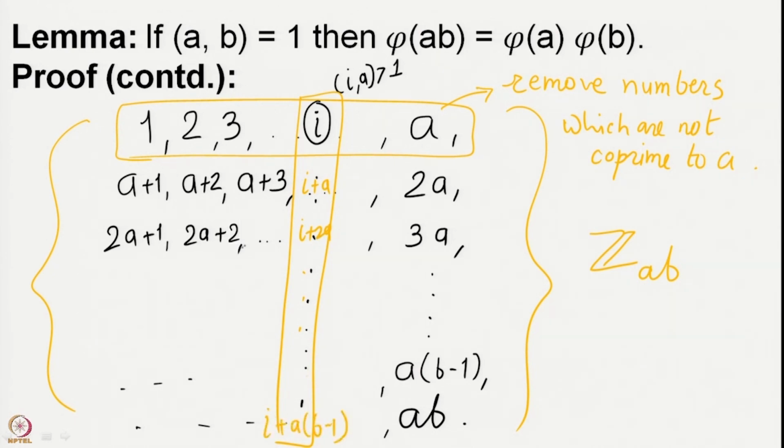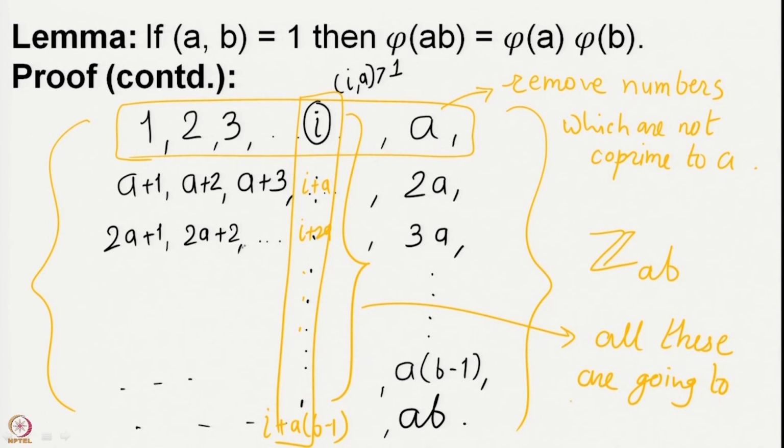All these elements are I plus a multiple of A, and therefore all these will have to be removed. So, all these are going to be removed, because all of these are not co-prime to A and therefore they are not co-prime to AB. So, when we remove a particular number I from here, we are removing a particular column, and thus in the table,